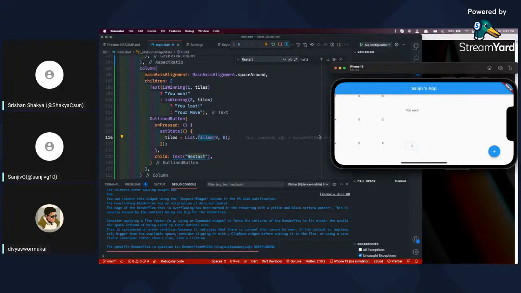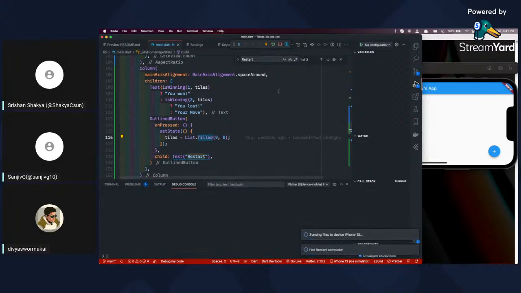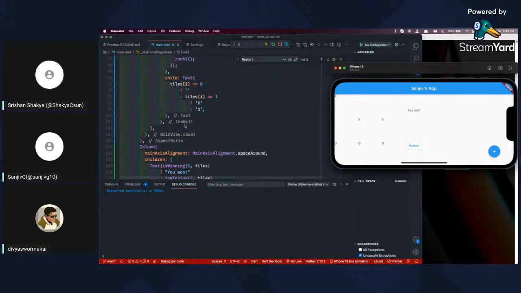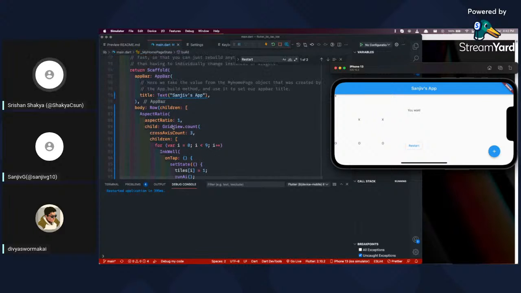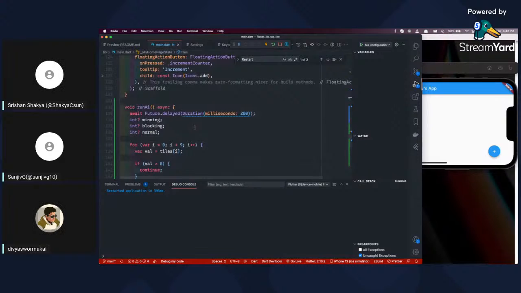How do I refresh this? Or do I close it and open it again? Can you just reload from VS Code, maybe? No, from the buttons. Okay, have restart. Just escape, click and restart, right? You won. I didn't win. You won. Winning seems to be not working properly, I guess. Or have you not created it? Okay, did I miss something?